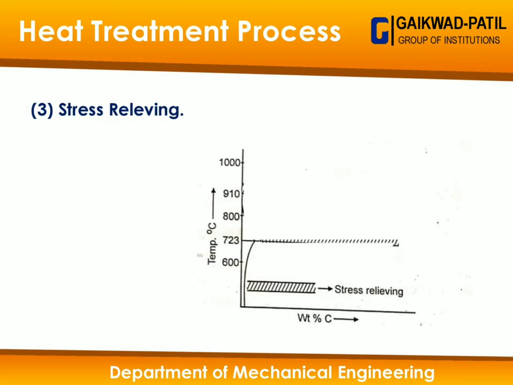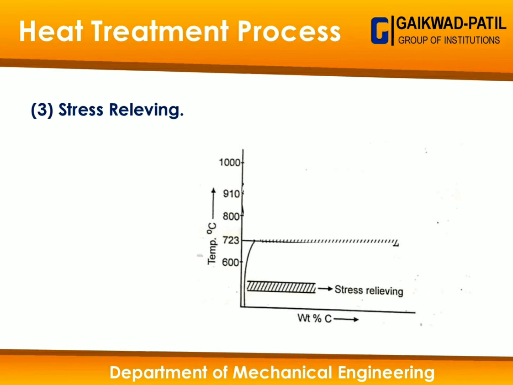Right. Now, the stress relieving heat treatment cycle. It is carried out in 3 stages: from 150 to 200 degrees centigrade, from 200 to 300, from 300 to 400, and 400 to 723 degrees centigrade. In these different stages, stress relieving is used to remove the stresses caused by foreign material trapping, cracks, and cavities during the solidification or casting process of the steel.